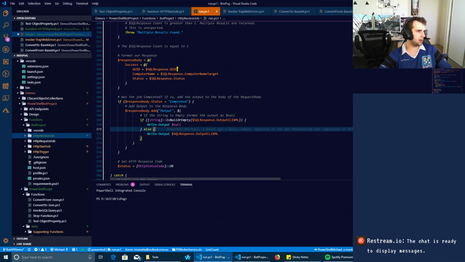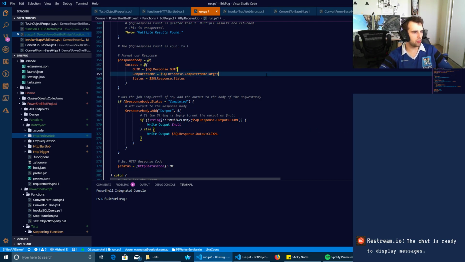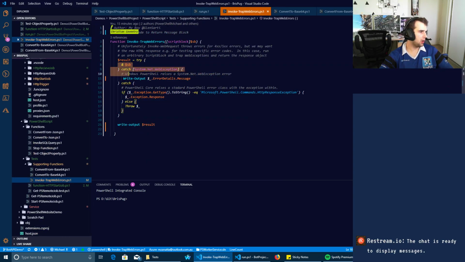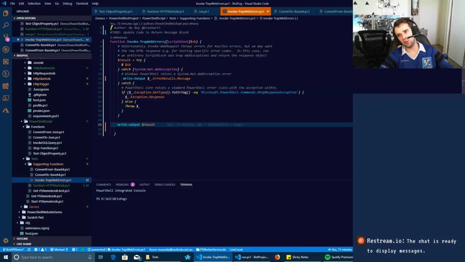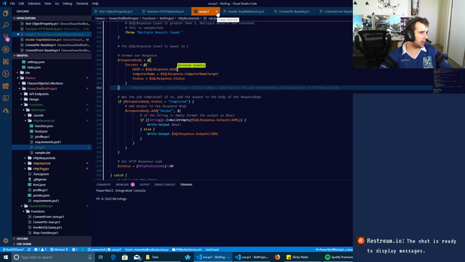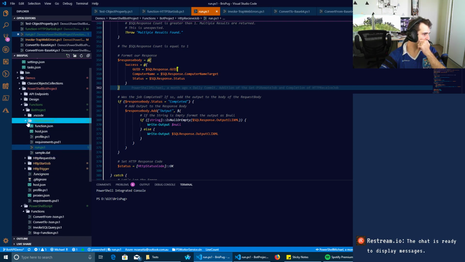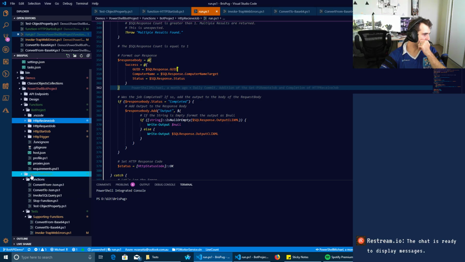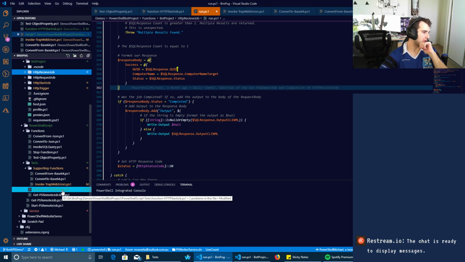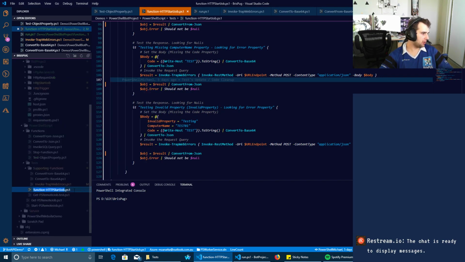So I made some changes to Glenn's code in a function to invoke trap web errors, and I've just basically changed the write output. It's not ideal. I will go back and fix this up a little bit more, but I think it's workable for the time being. So we're just going to jump over to our test, which is down under the tests directory, and then we've got function HTTP start job. I'm going to rename this because